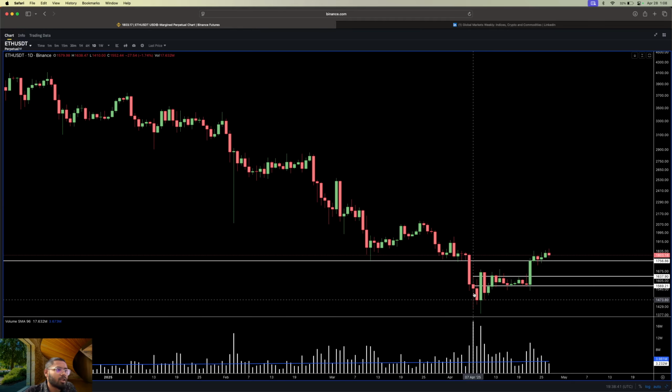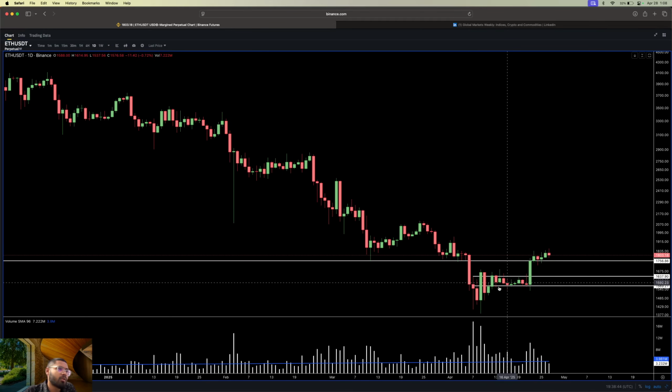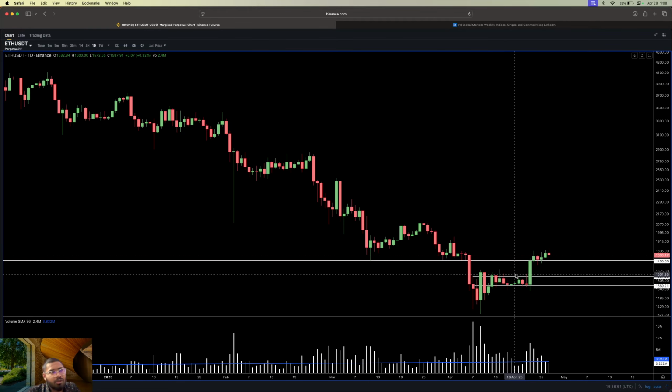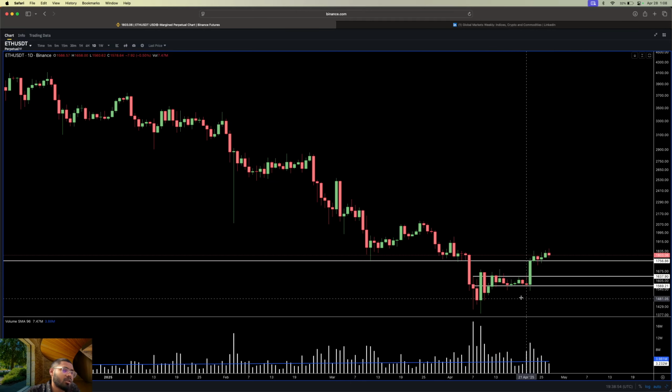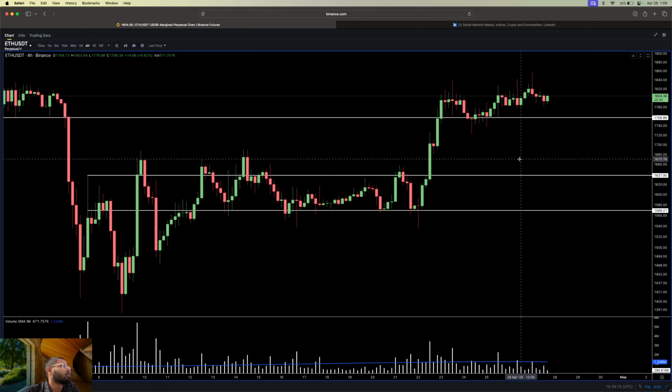As you can see, we had some strong signs of strength over here, but since the hourly time frame was not very conducive, I was restrained in not going long in Ethereum. But if I was observing it on maybe 21st of April, then this bar would have signaled me to go long. 4 hour also, yeah.